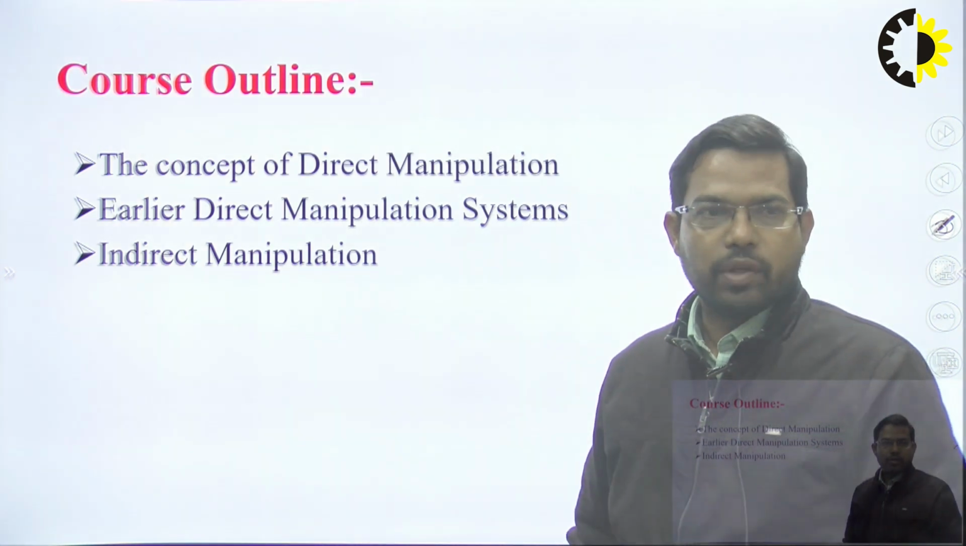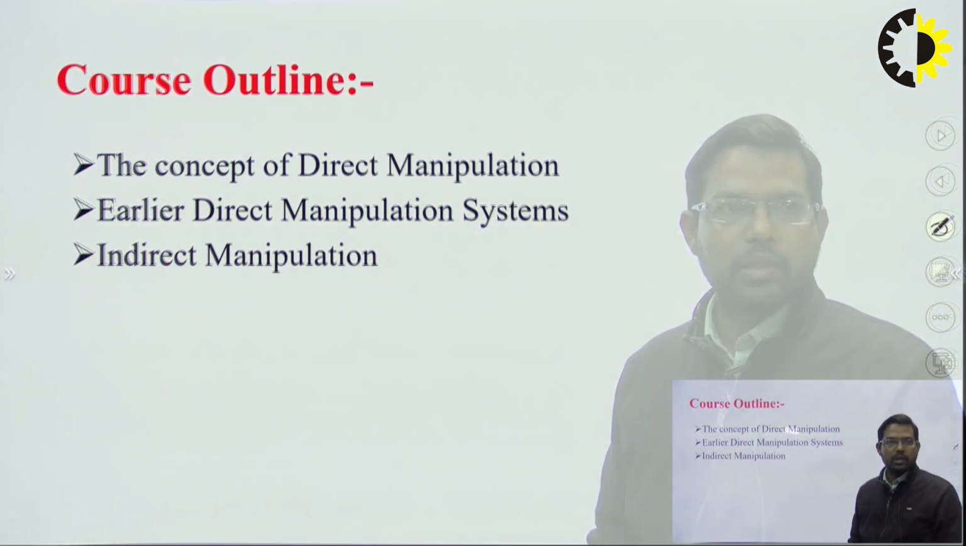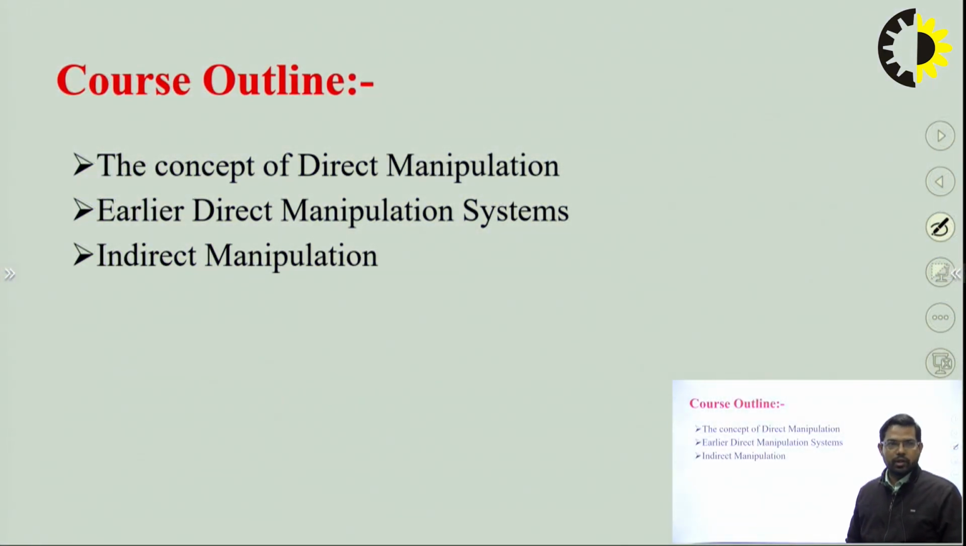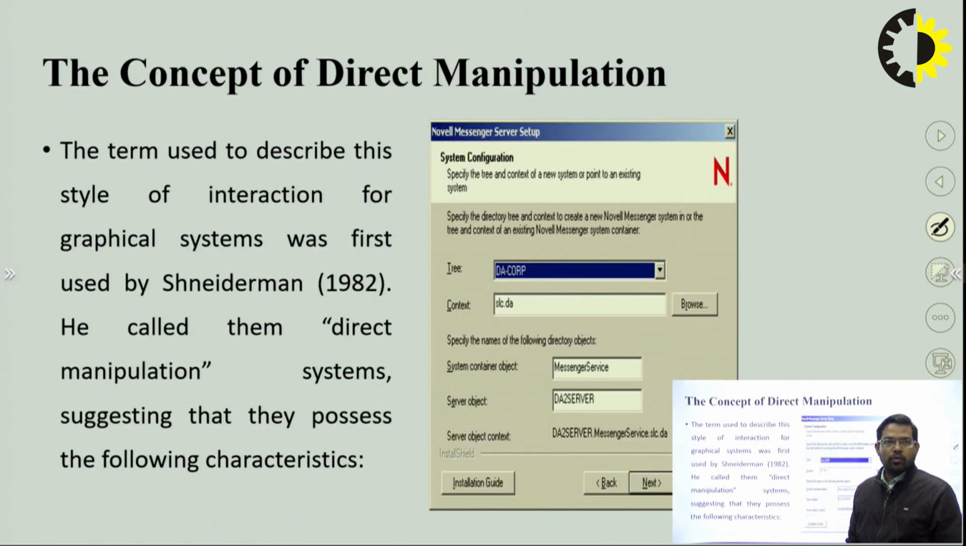The concept of direct manipulation, what kind of concepts are there? And the second one is earlier direct manipulation systems and indirect manipulation, where we basically have to indirectly manipulate any object. So what is direct manipulation? The term used to describe this style of interaction for graphical systems was first used by Shneiderman in 1982, and he called them direct manipulation systems, suggesting that they